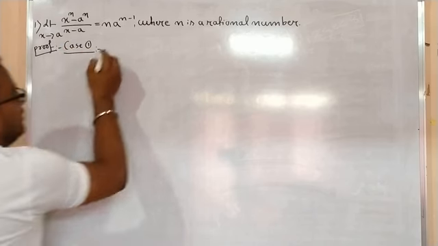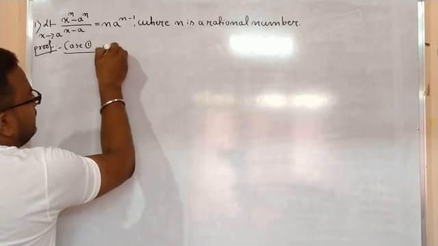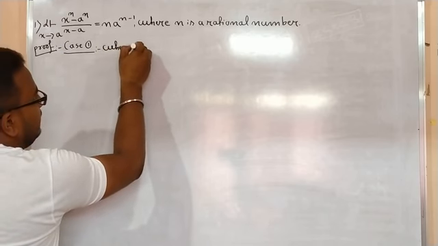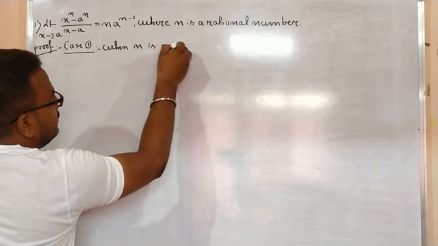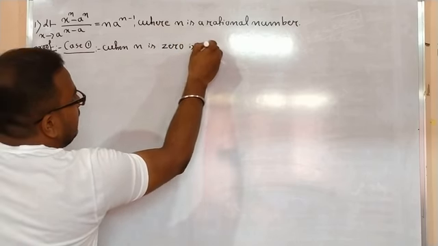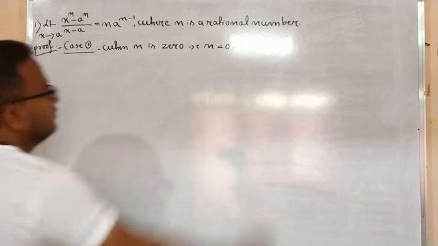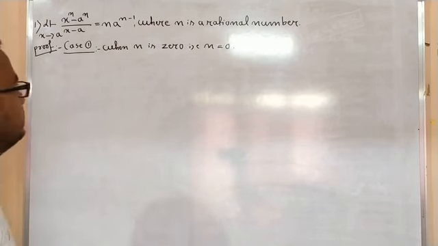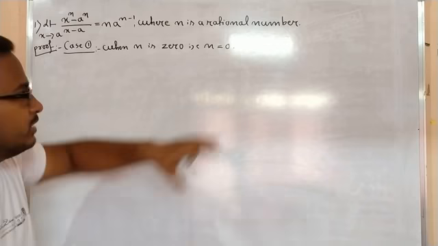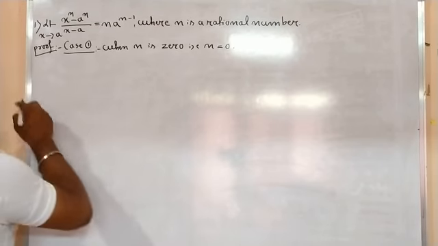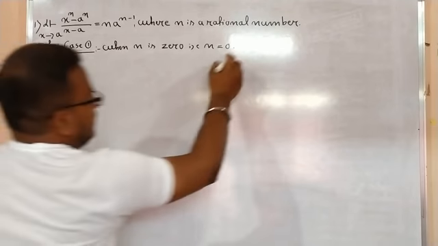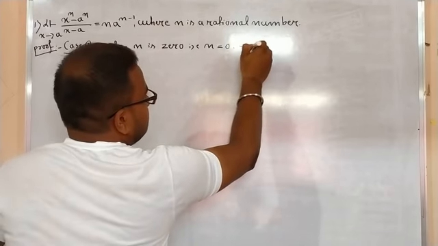In case 1, when this n is 0, that is n equals to 0, right? This is my case 1 because I have already told you that 0 is also a rational number, isn't it? When n is 0, that is n equals to 0, then